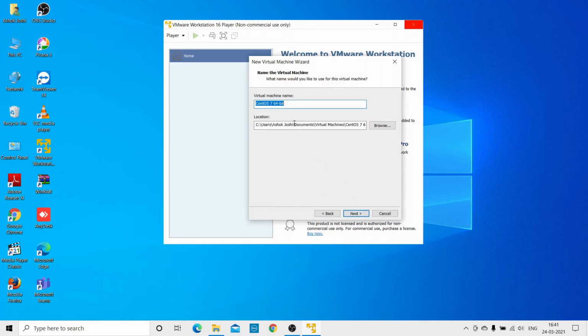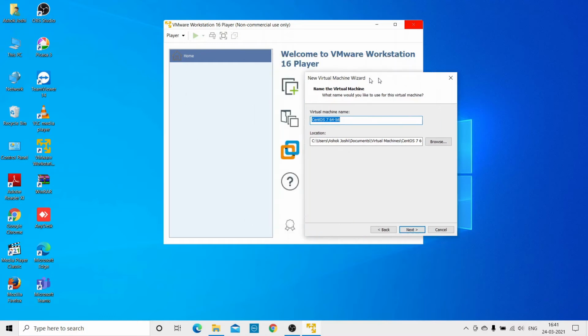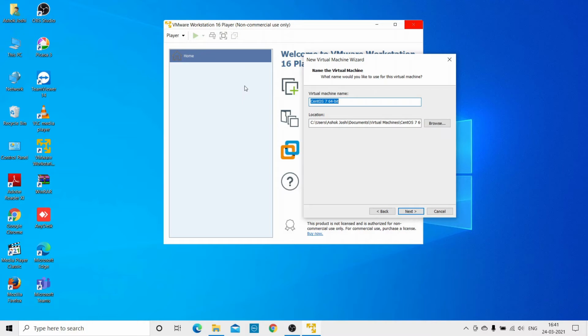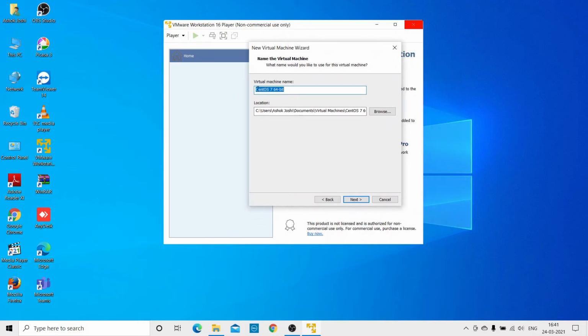The next one, and here is the name that we are going to choose for the CentOS 7 virtual machine, which will be displayed here. You can see this part. So here is where you can see all the virtual machines. Okay, so if you install multiple ones one by one, you will see all the virtual machines here. Okay, so here I am just keeping the name as CentOS 7 64-bit.